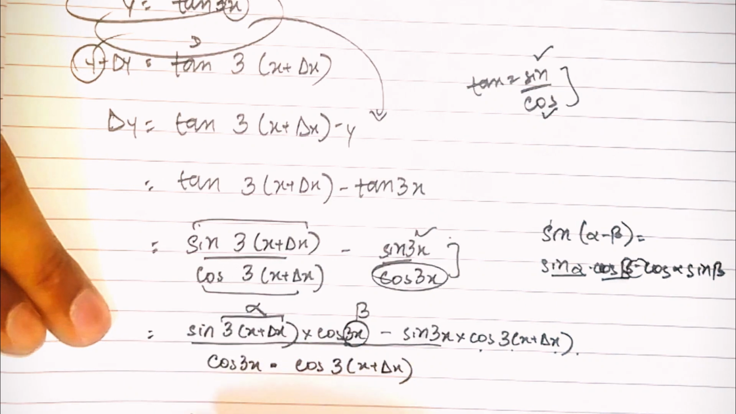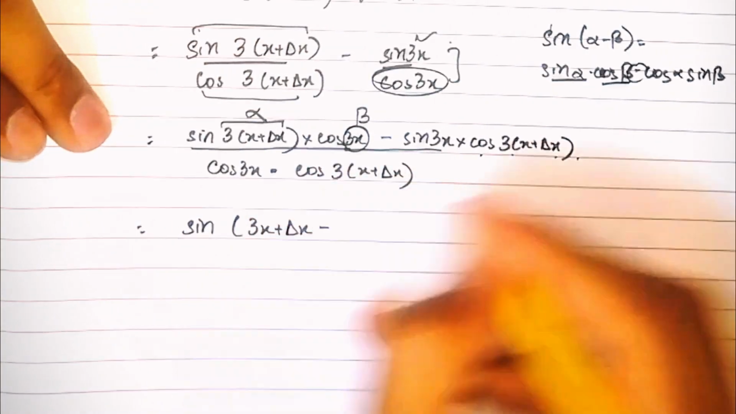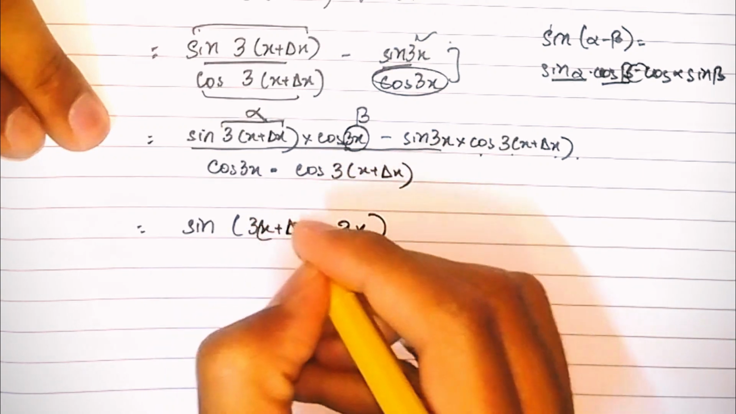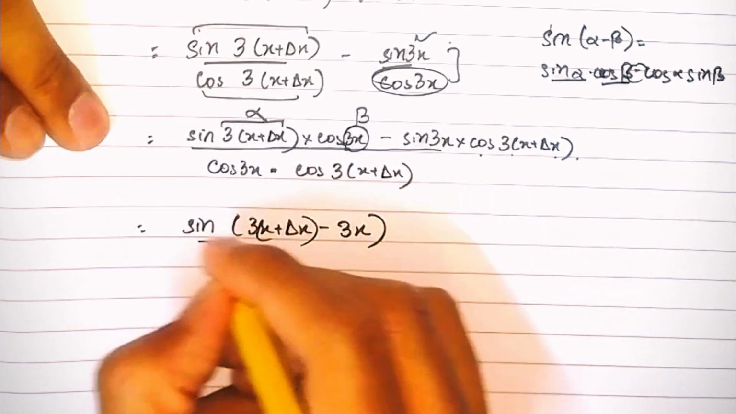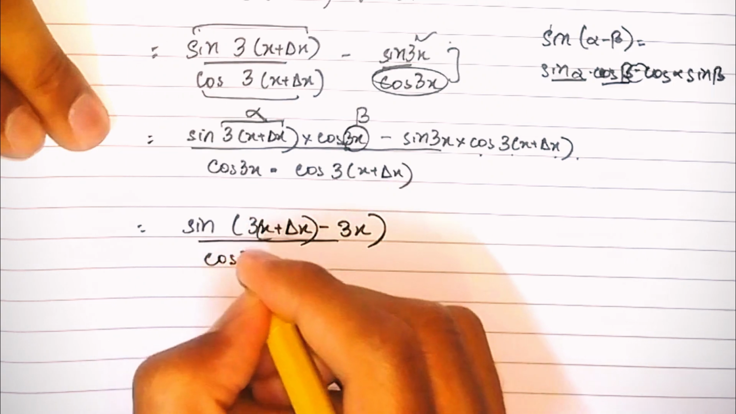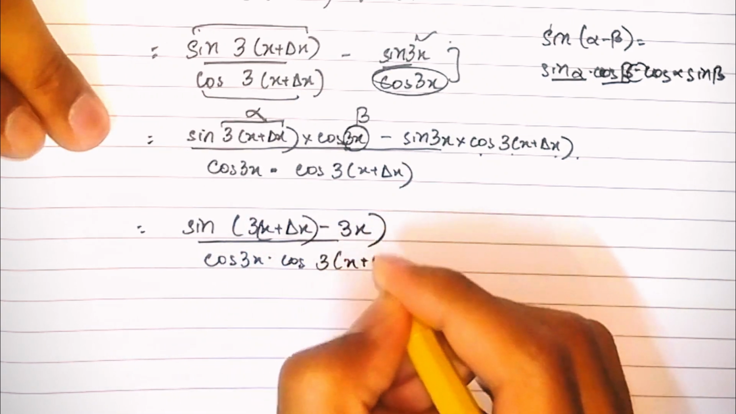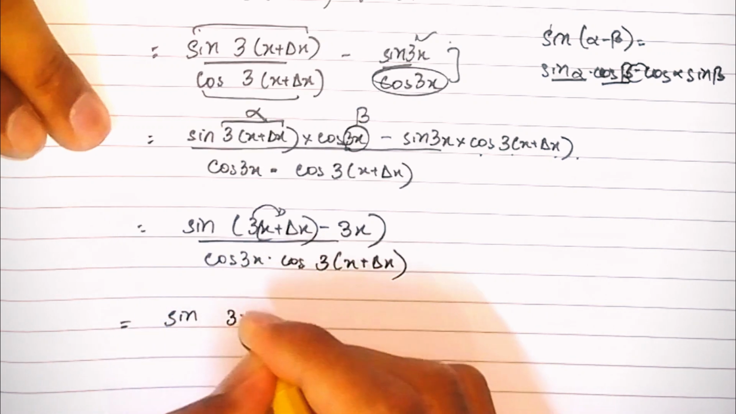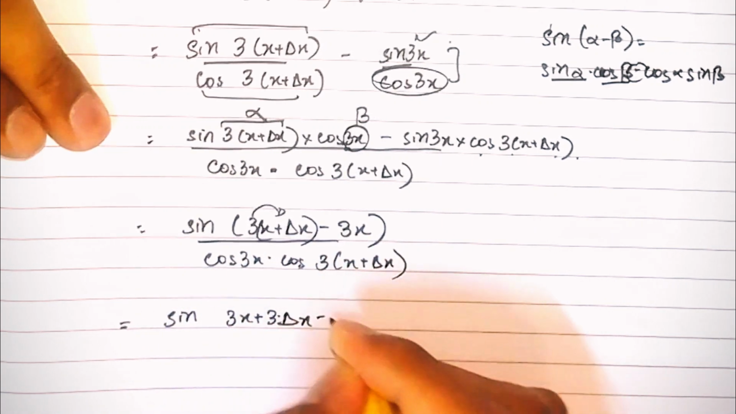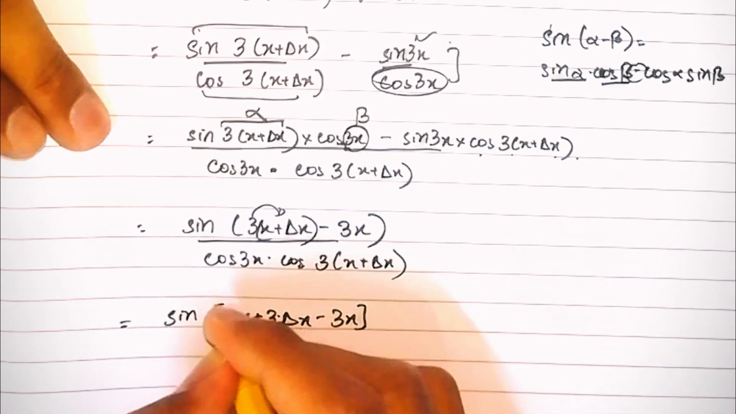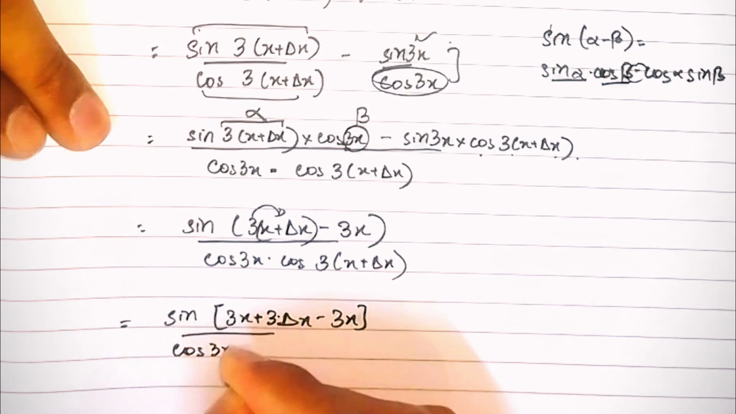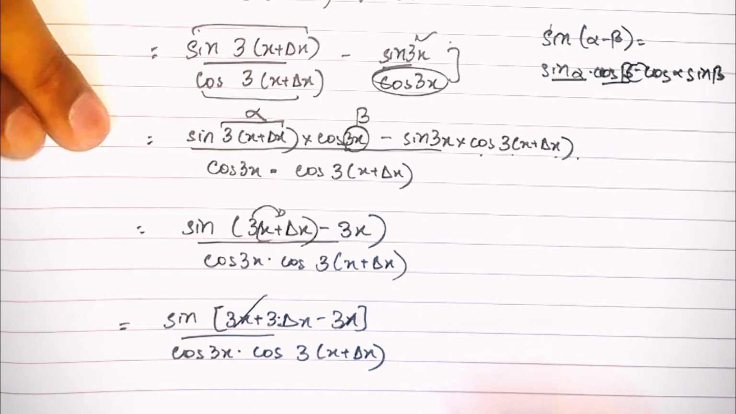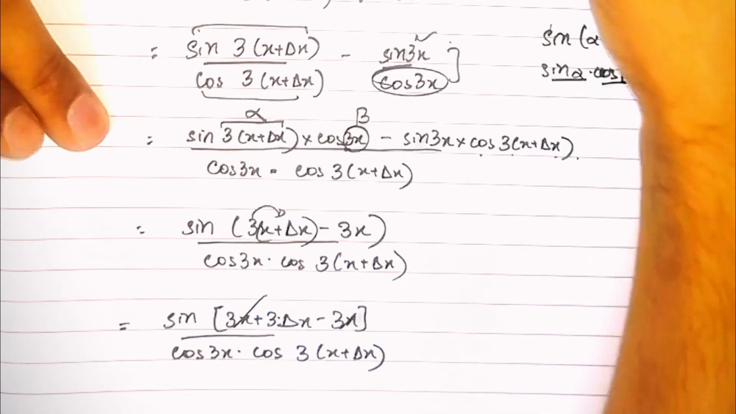I can write sine, what is my alpha? 3x plus delta x minus beta, which was 3x. That this term is actually present under a bracket, so I can use the brackets over here, and in the denominator we have cos. So I can multiply this 3 inside these terms. So I will have sine 3x plus 3 delta x minus 3x, and this entire term is under a bracket. Now these terms would be cancelled, and now I can move towards the fourth step of the first principle method,